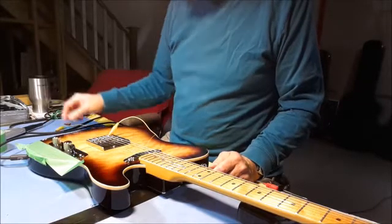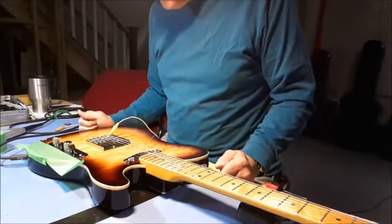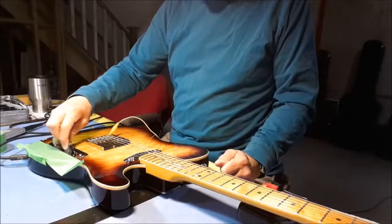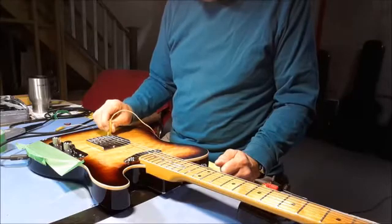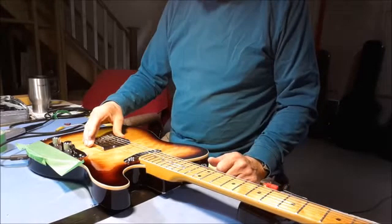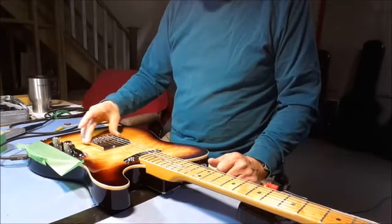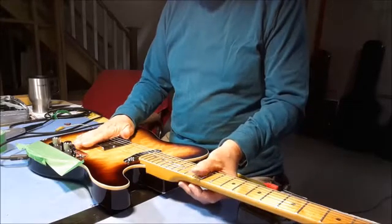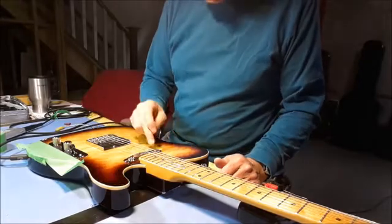Right, so I've got an extra long cable for my amp, and I'm not sure if this is being picked up by the microphone, but there's that buzz. And then no buzz at full volume. So I was using that. If I touch this, it goes a little bit lower. But I noticed